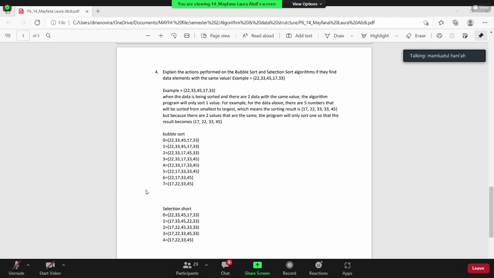So if you have 33 more than 33, it's false, ya kan? False hasilnya, so you don't swap it. Okay, like that. So you cannot remove it. Next time when you have the same question with the same criteria, maybe with the same value, you cannot remove it. Okay, thank you, Mevana.